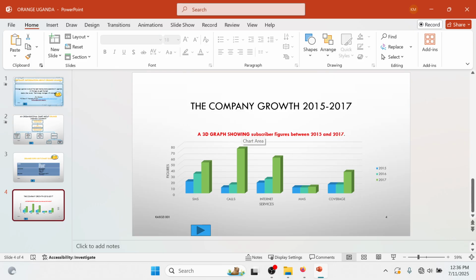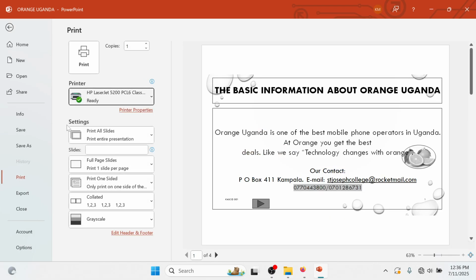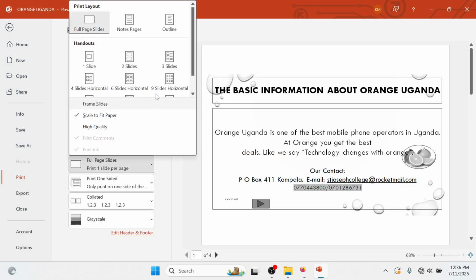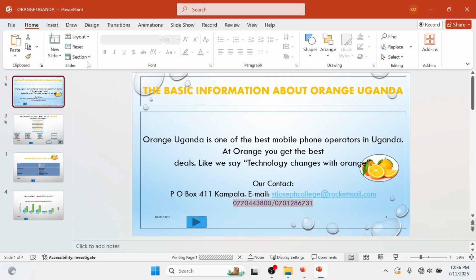Print all your slides, your 4 slides on one page, the last one. So to print all your work on one page, Control P and select instead of full pages, select 4 slides on one page. Seems my printer is ready, and then I command a print. So I've got a hard copy of my work of whatever I've been trying to do about Orange, Uganda as